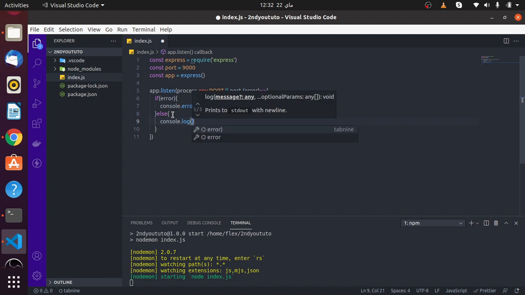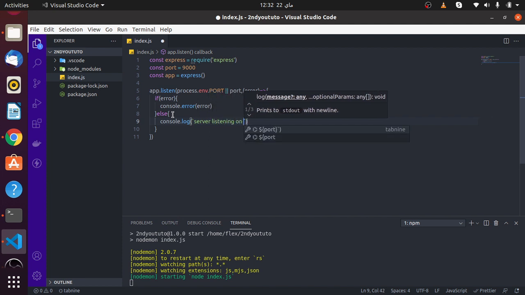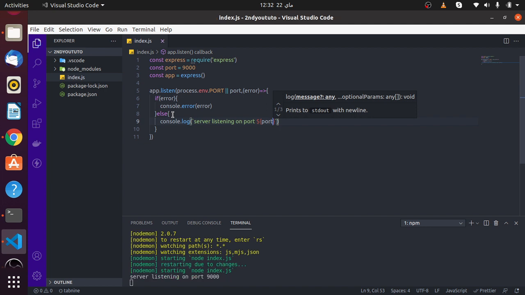I'm gonna use template literals right here. So I'm gonna say in my message, server listening on port. I'm gonna add a dollar sign and curly brackets right here, and I'm gonna pass the port variable that we created, which is gonna listen on our port 9000. So Control S, we're gonna save. And as you can see here, server listening on port 9000, which is the same message that we logged right